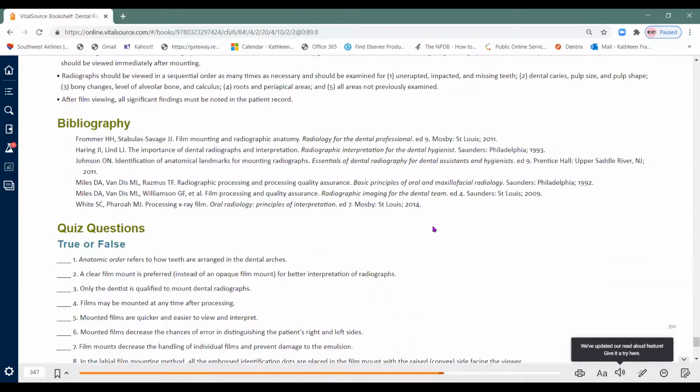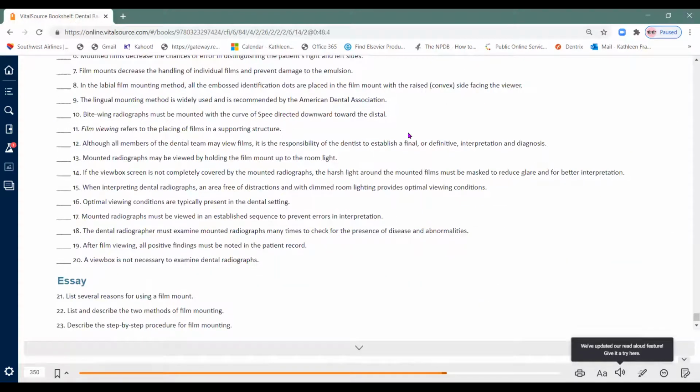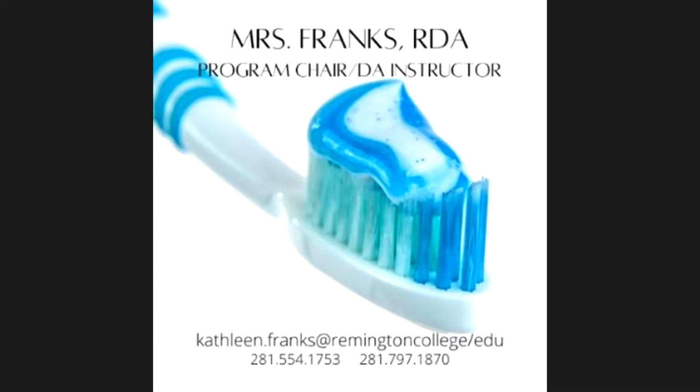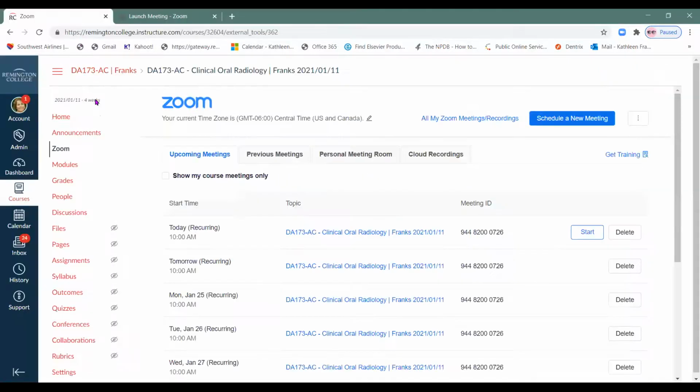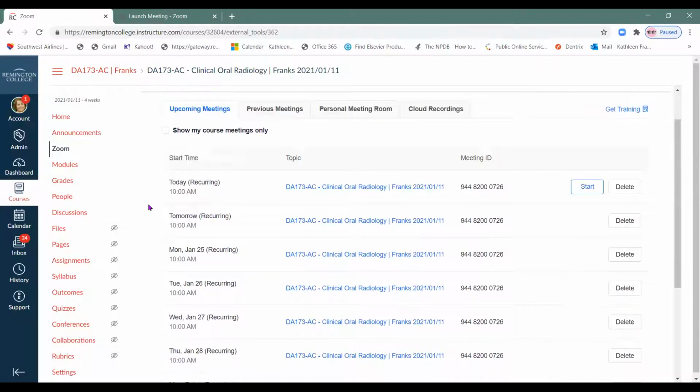But I really want to show you this one thing before I get off here today, because I want you guys to work on it. So I'm going to go back into your textbook real quick. Everyone should have access to Evolve, which is the textbook website, because you had access to it when you were in DA 153. If you go to the modules,